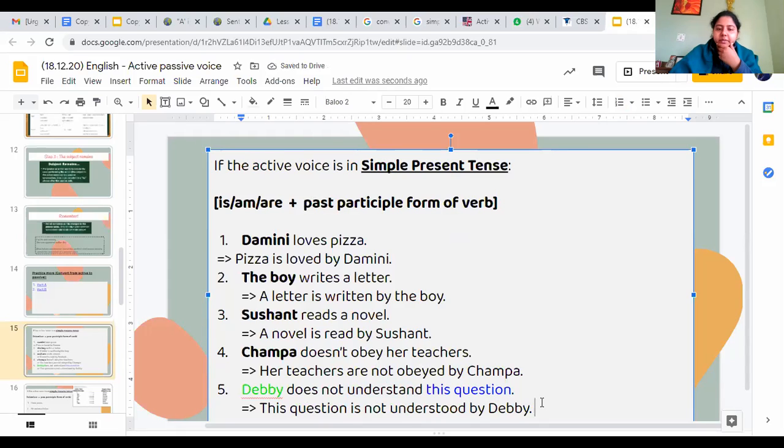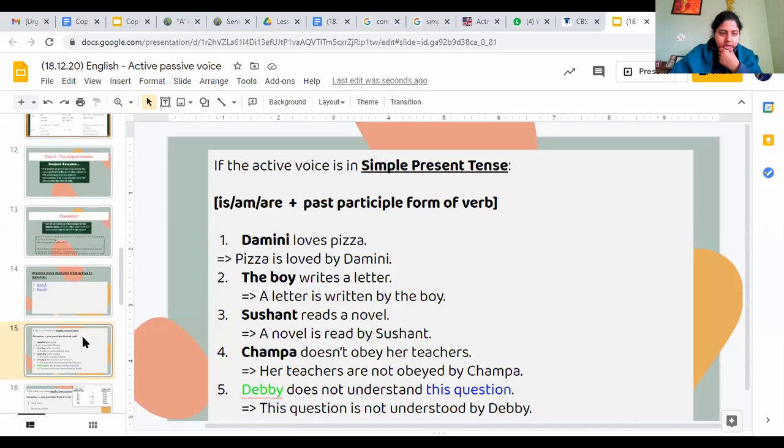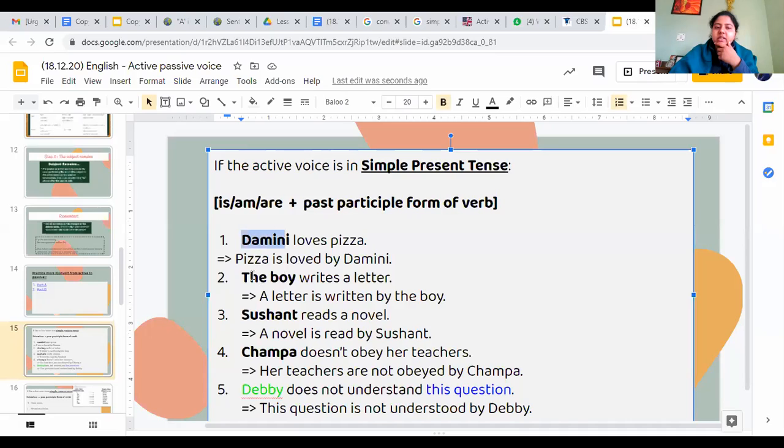Okay? That's how we will solve it. So if there is a negative in the sentence, it will always come between the auxiliary verb and the main verb. Not will come between those two. Similarly, what I was telling was that in all these sentences, the subject is a noun. Either it's a common noun or it's a proper noun. But what if instead of the noun, there is a pronoun? What if a pronoun is the subject? I, he, she. Then it changes a little differently.